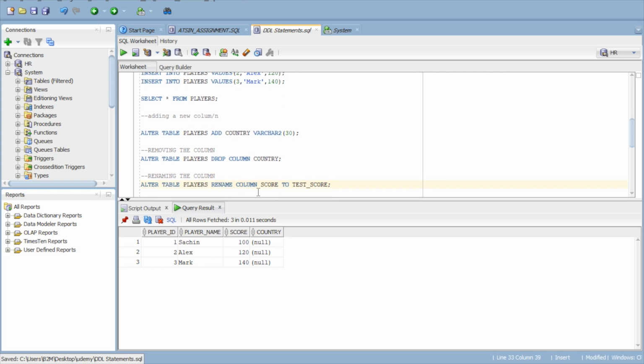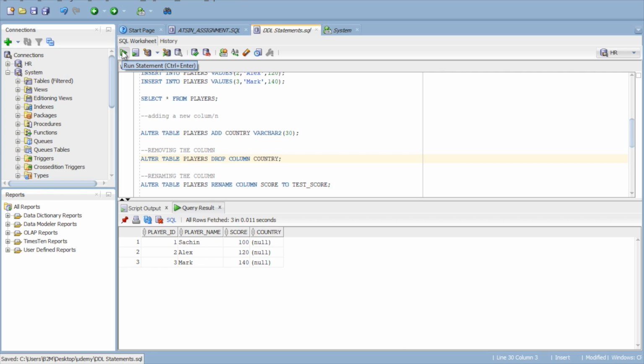Suppose you need to remove some columns in a table, we have one more syntax for this. In the same alter command we are able to remove the column also. So this is a way of removing a column. Alter table, table name, drop column, your column name. In this syntax I am going to remove the column called country. Previously I added a new column called country and it is in the table right now, and now I am going to remove that column. So this is the syntax for removing the column.